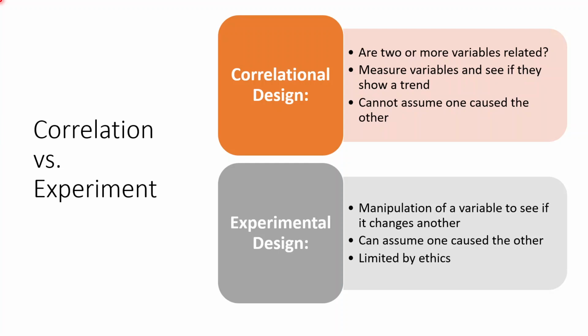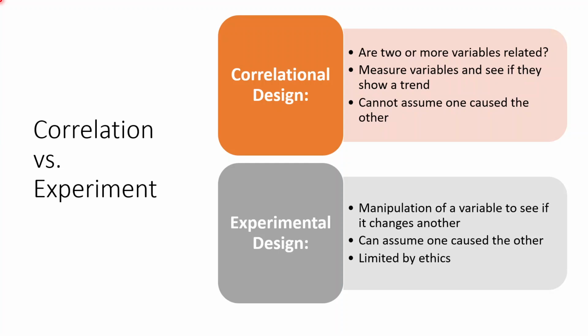For example, I could say that as the amount of TV someone watches goes up, so does the degree of aggressive behavior they show. But unless I do an experiment, I cannot know for sure that watching TV is what caused a person to become more aggressive. In order to do that, I have to manipulate or change a variable. So say I have someone come into lab, I measure how aggressive they are before they do something,